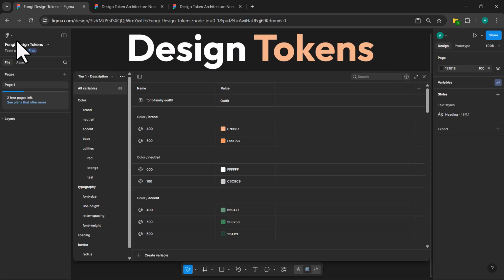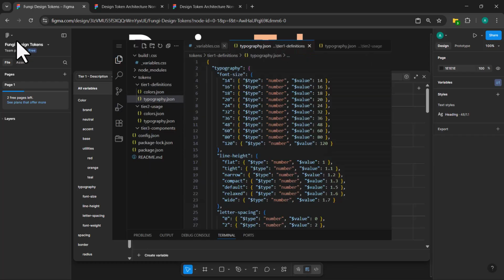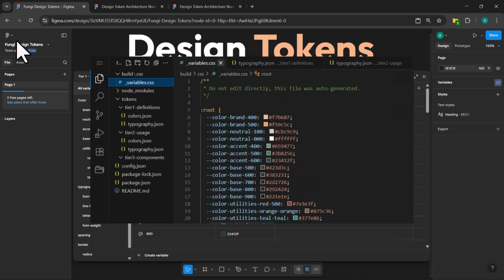So what are design tokens? Design tokens are platform agnostic values stored in JSON that act as a single source of truth for your design system: colors, spacing, typography, shadows, and more. This JSON can generate CSS custom properties for your WordPress builder, Sass variables for your theme, or even mobile app styles. One source, infinite outputs.